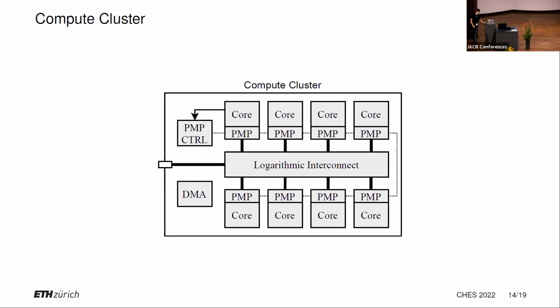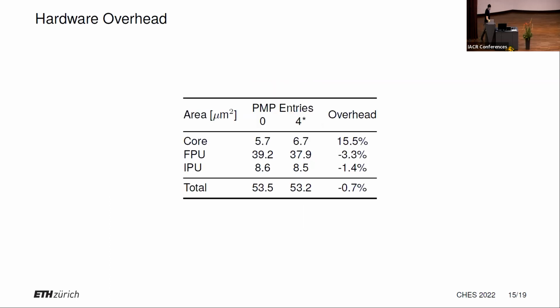We did some optimization so that we don't have to have full-fledged PMPs on every single core. We essentially said we're going to leave the configuration to only one core, and then mirror the configuration through all of these, through one of these clusters that we have. And this is relatively small. We did synthesize this in 22 nanometer technology, and it's okay.